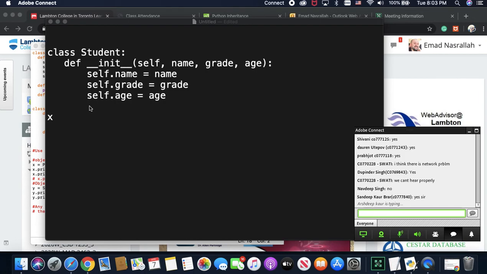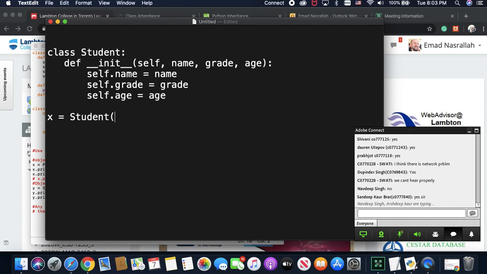Let me complete my idea. Now, X, when I say X equals student, I can now give